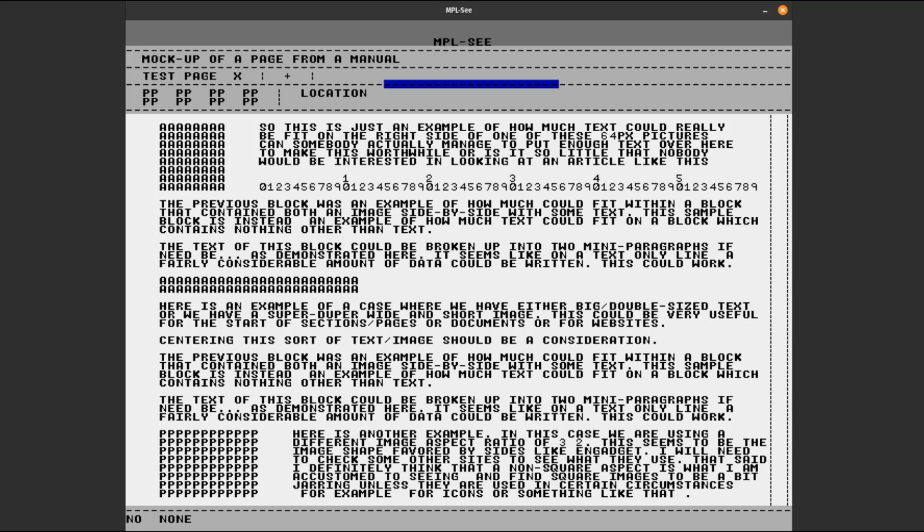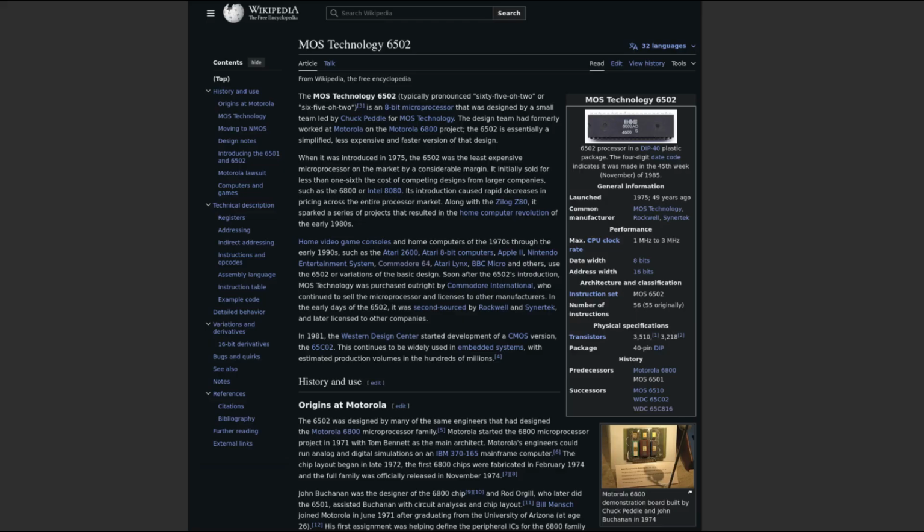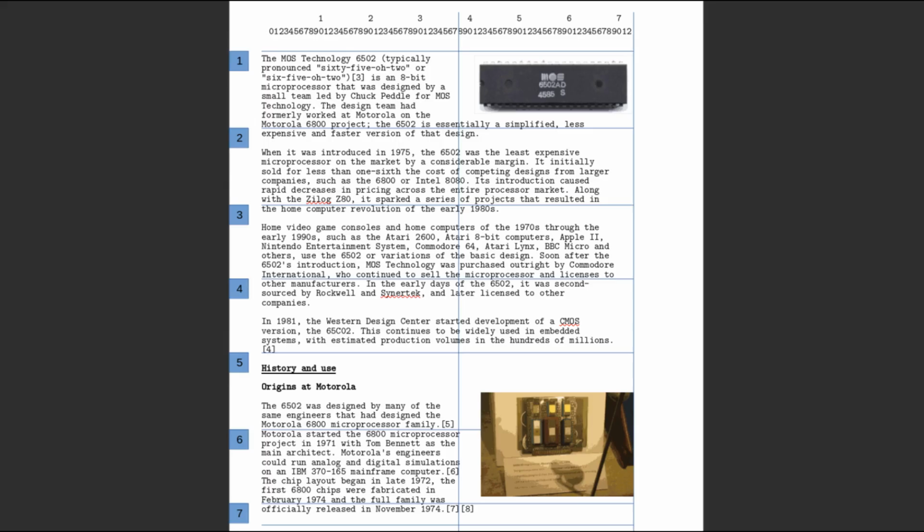So I decided to chase after an example that would be a little bit more interesting than just random gibberish. In this circumstance, I decided to look at the Wikipedia page for the MOS 6502. I figure most people interested in this content are already familiar with this processor, but this is what I wanted to try and lay out. So I went ahead and took this information from this web page and tossed it into